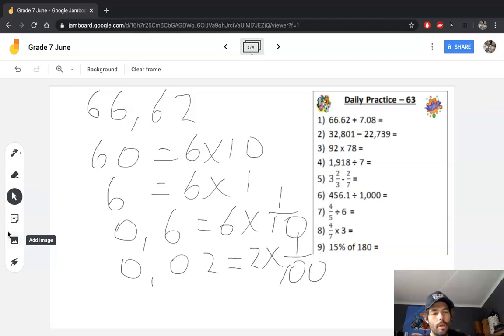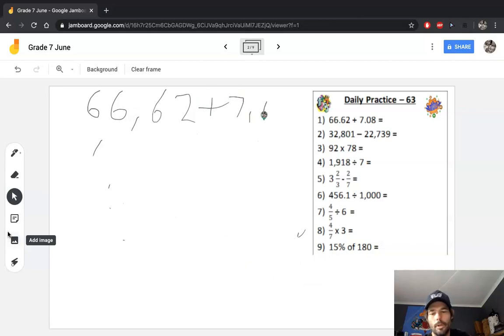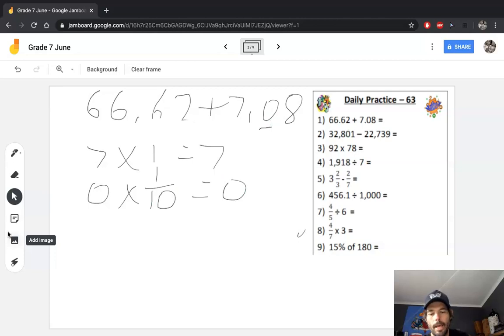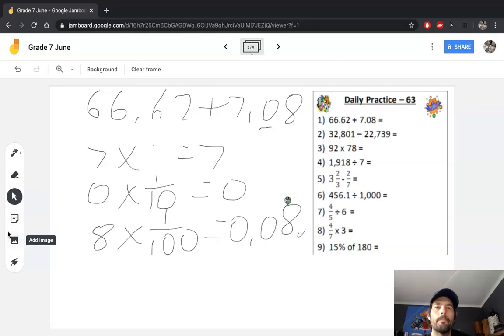Okay, we know that 7,08 consists of 7 units. So that's going to be 7 multiplied by 1 equals 7. There's no tenths, so anything multiplied by 0 is equal to 0. And then the 8 is going to be 8 multiplied by 1 over 100, and that's going to be 0,08. So there I just thought we would add in a little bit of place value before we did the